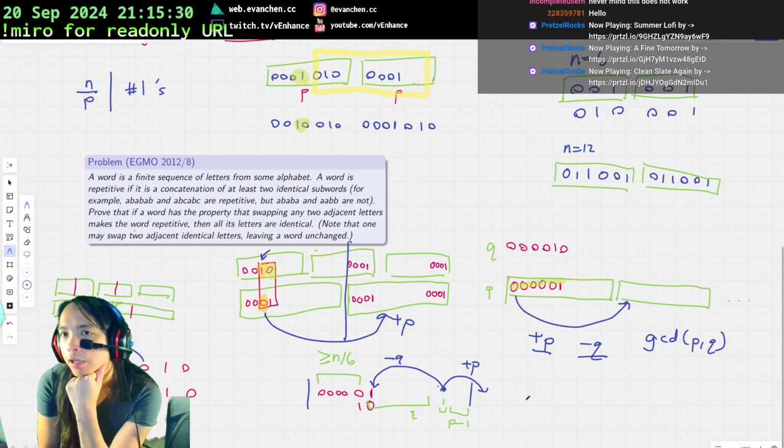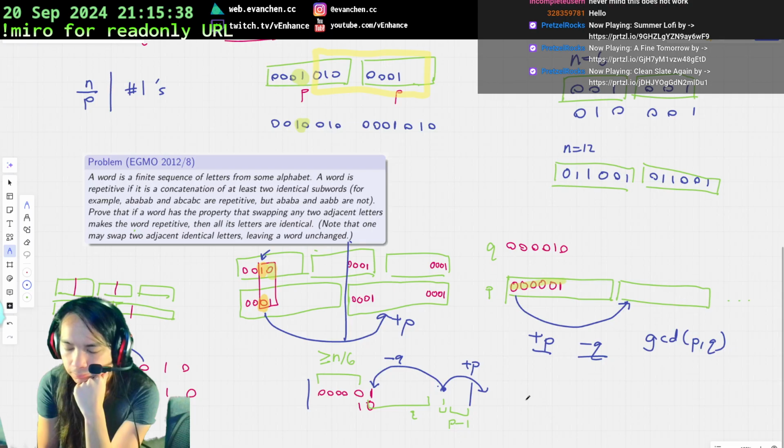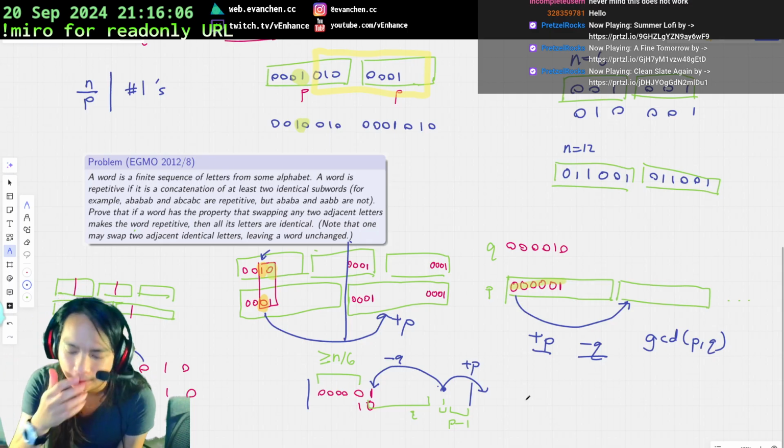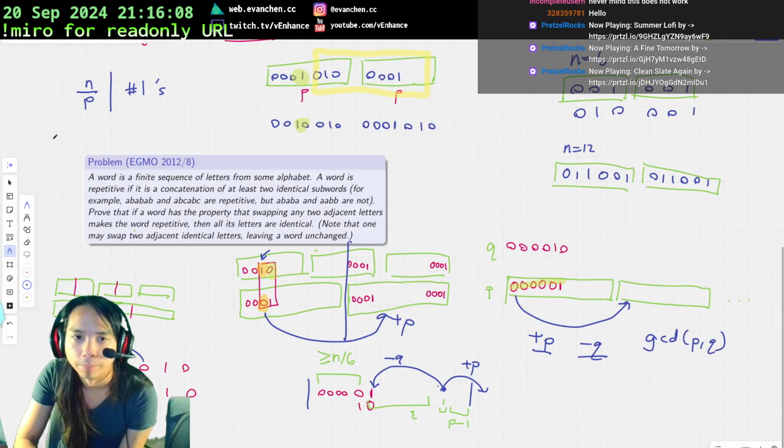I can swap any pair of adjacent letters, right? So if P and Q have GCD 1, that's the only time this bad situation will happen, right? If P and Q literally have the same GCD. But I feel like, or if P and Q are co-prime,